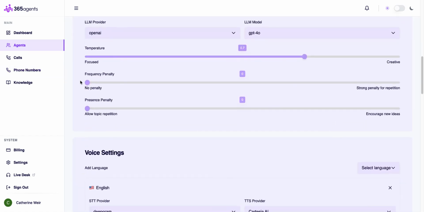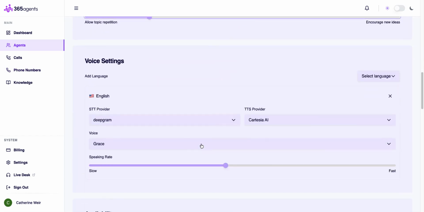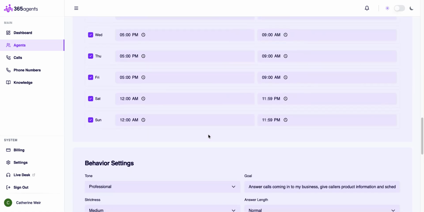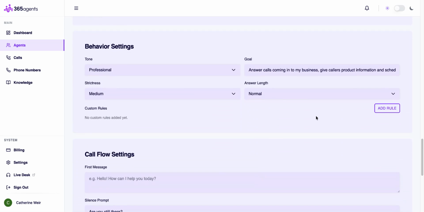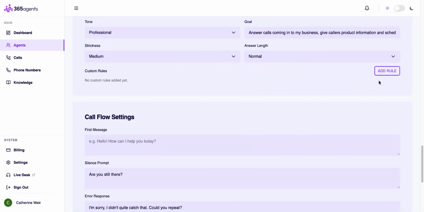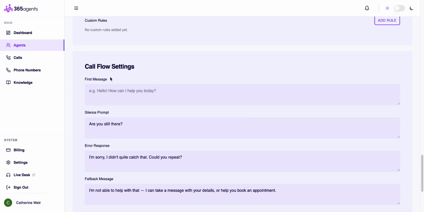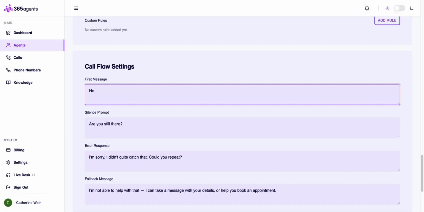We've talked about, I'm not a fan of the repetition and encourage new ideas. Okay. And then this is where we can double check our hours are correct. Okay. And then we can add any other rules like don't mention this or whatever else. And then as we look at the call flow settings, the first prompt is missing, so we can say,